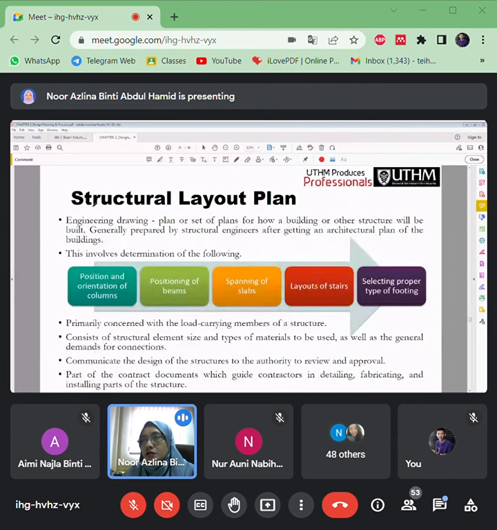I'll jump into this slide. So these are important things for you to know on how to decide the positions and orientations of the columns. For the first one here, where should we place the columns? You have to know some tips, also from experience, or you can follow the architect's proposals in the drawing. Let's say the architect mentions, in this layout, for this classroom,